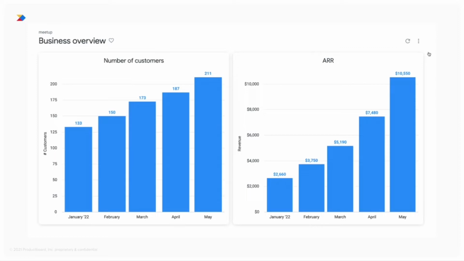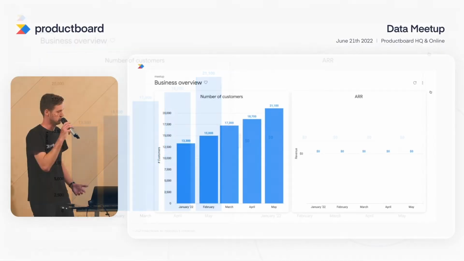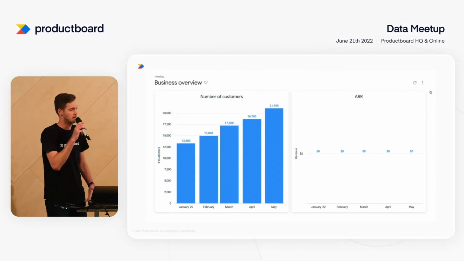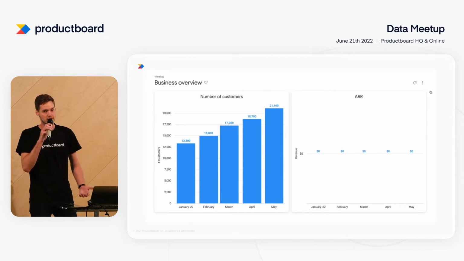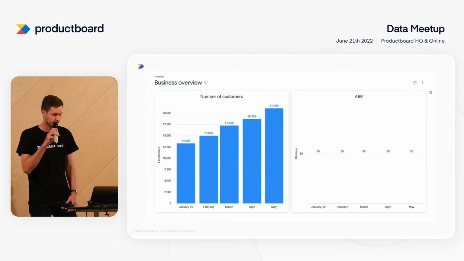And then you just go to the dashboard and press the refresh button, and you see something like this. As you can see, the first chart is totally messed up because it's 100 times multiplied, and in the second chart, there are no data. So you know that there is some issue with your data pipeline.